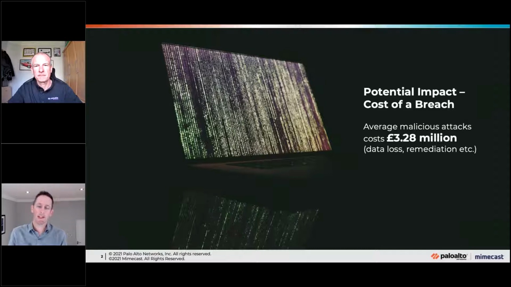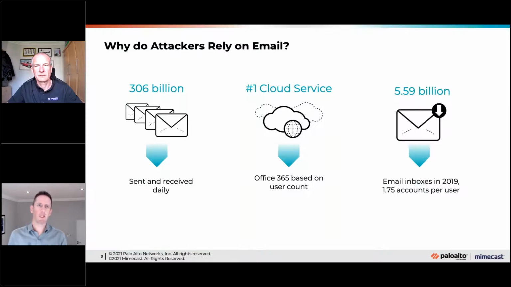And what they say, and it's a very important point, is when it comes to getting into an organization, we've got multi-factor authentication, we've got the VPN technologies, there's all of the different single sign-ons, there's a consolidated ability to understand what devices are coming from where. There's all the mechanisms and policies in place to do that. But if we really want to bypass all of that, we just send an email. Because email has so much inherent trust built into it, particularly if you're utilizing some form of a cloud service which is known to the world. And this is where the important piece comes in, in terms of email as a delivery mechanism for some form of malware coming into the organization.